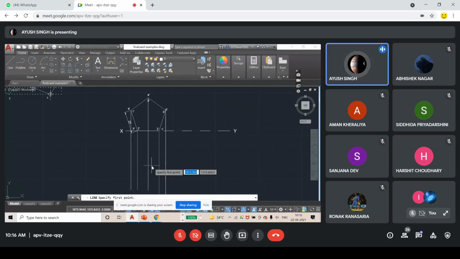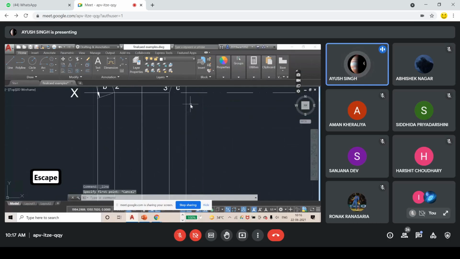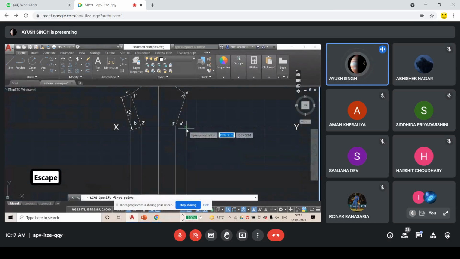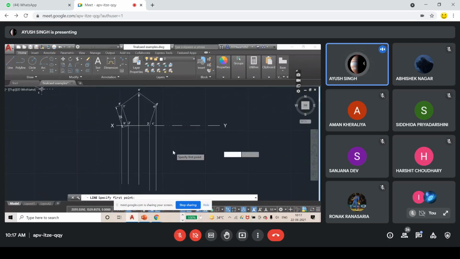So I am drawing a rectangle here. I will take some offset here. Offset means some distance from this XY line to start making my top view. I take the offset so that when I rotate this, because there is an angle given with the VP, and any angle given with the VP will be seen in the top view only.